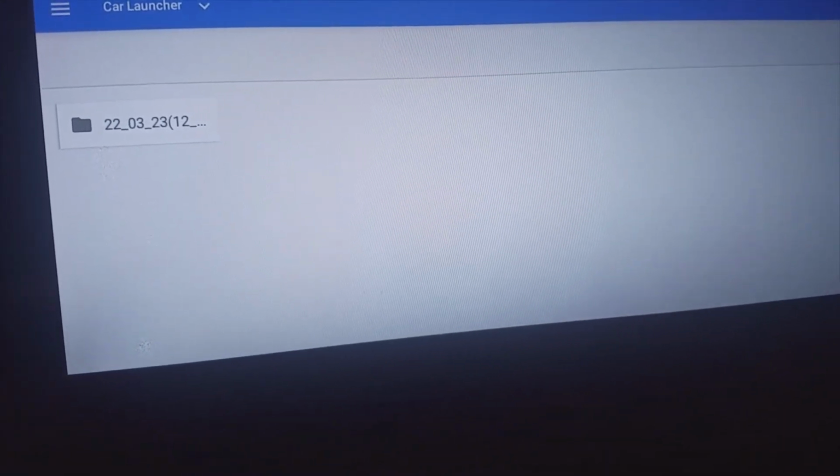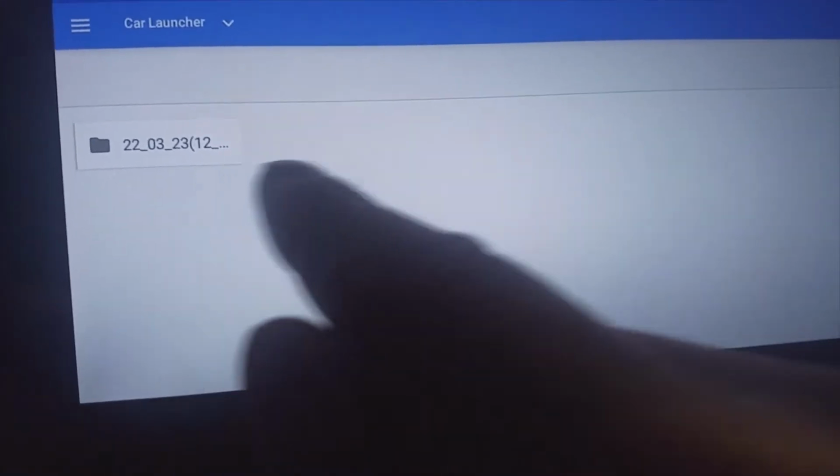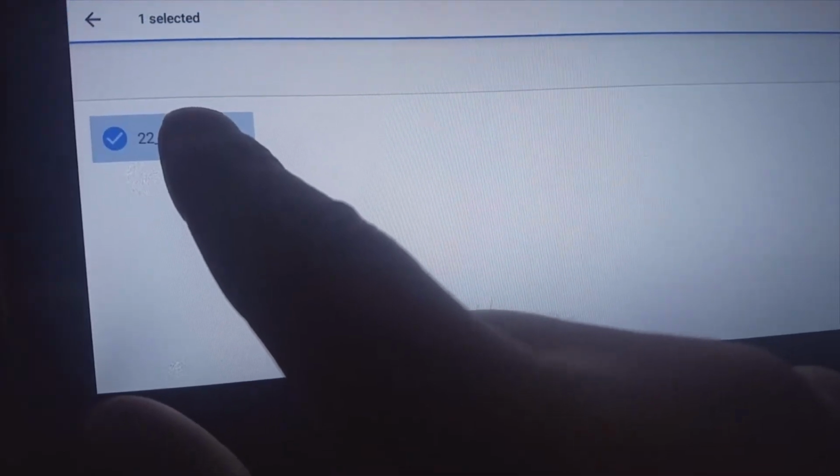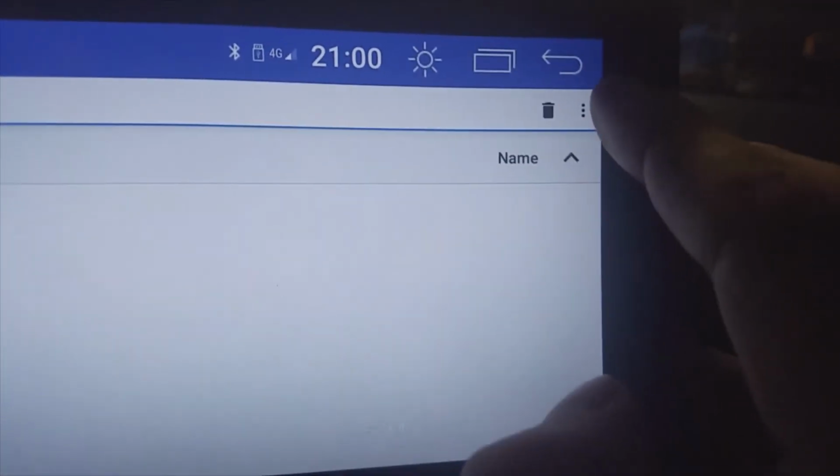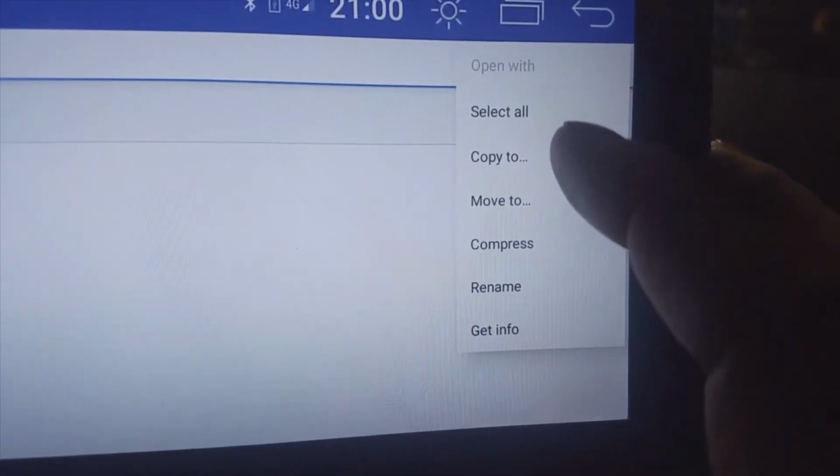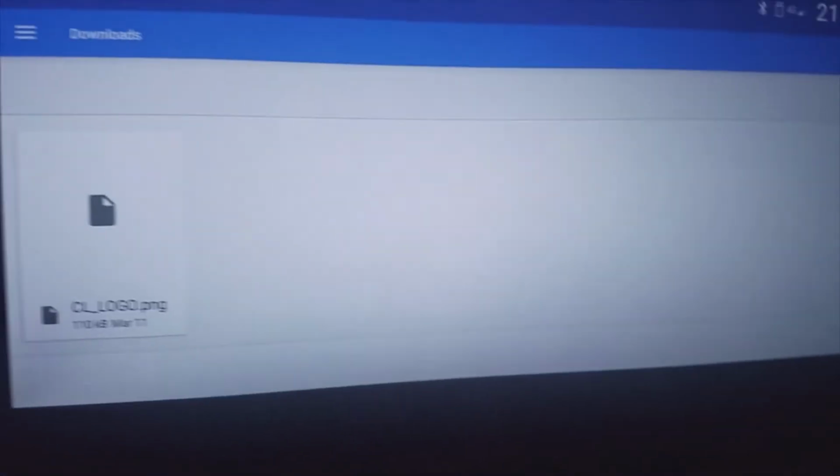So you're going to press and hold, and then go to the dots on the right, and you go to copy to or move to, either one. I'd rather just do a copy of it, so copy to, and then